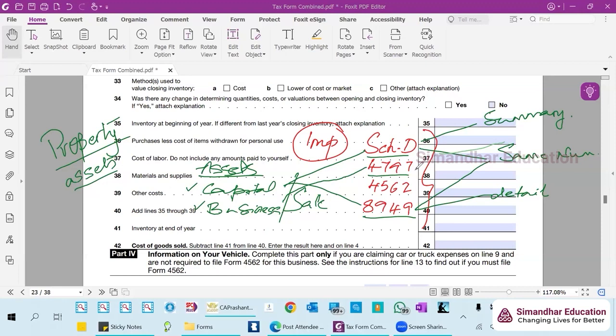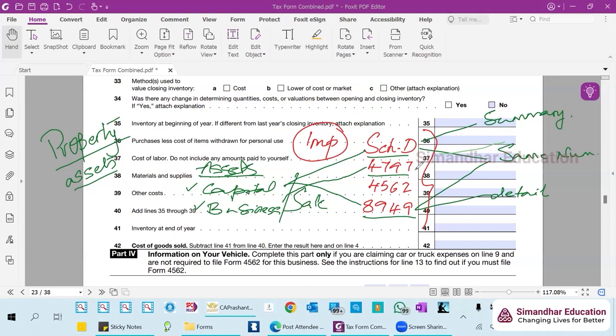Now, what is a capital asset? What is a business asset? We'll discuss in really great detail when we come to property transactions. But I just want you to understand that we have at least two types of assets. One is capital, one is business. When there is a sale of a capital asset, we have to file Schedule D and 8949. Now, Schedule D is a summary of the gain or loss. 8949 is the detail of gain or loss. In a minute, we will see how 8949 and Schedule D differ.